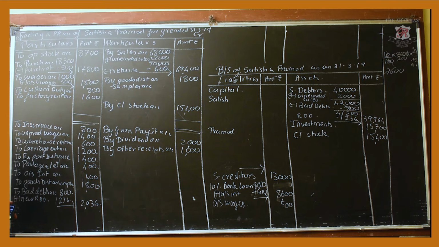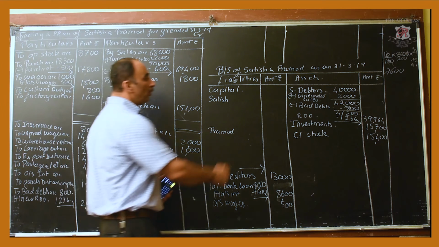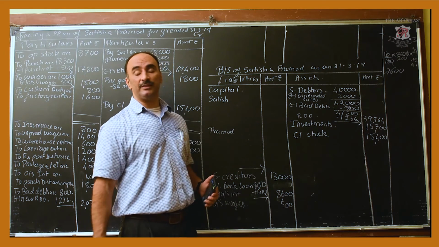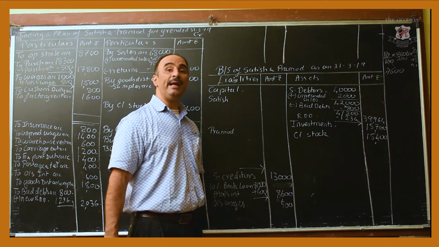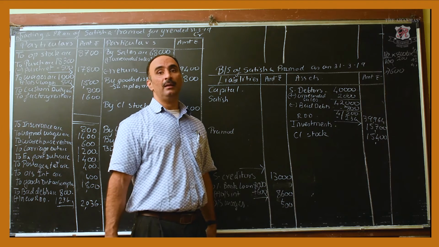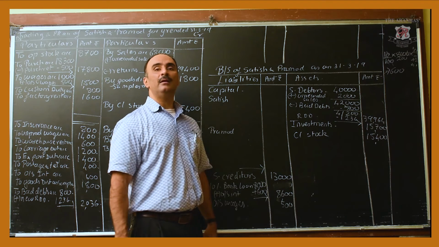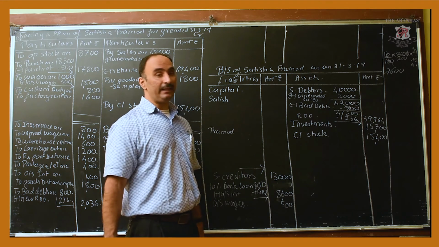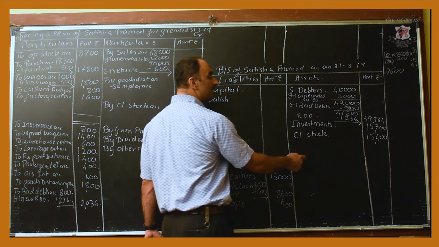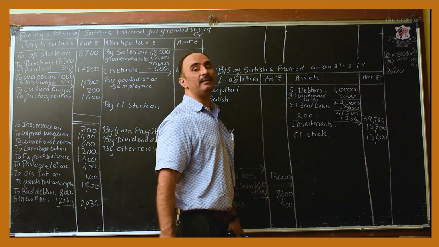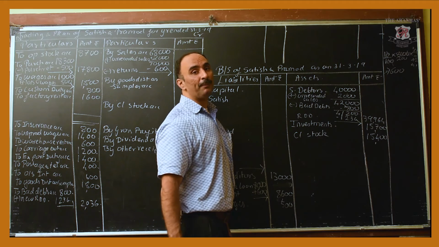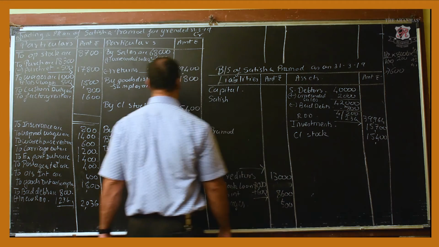Now what we need to do is our closing, but here the closing will be slightly different. Why slightly different? Because we don't know the capital of the partners. It's not given because they didn't want us to make the balance sheet. But we have made the balance sheet. Does that mean that our sum will not tally? Well, there is a difference in the tally here. The total of assets will be greater than the liability. So the difference will represent the capital amounts of the partners. So let's see how to do this.